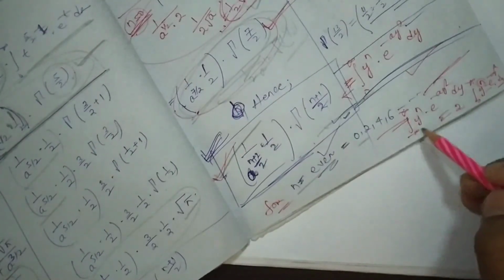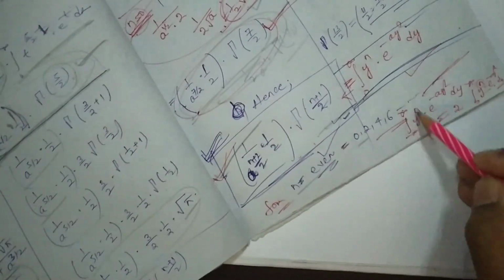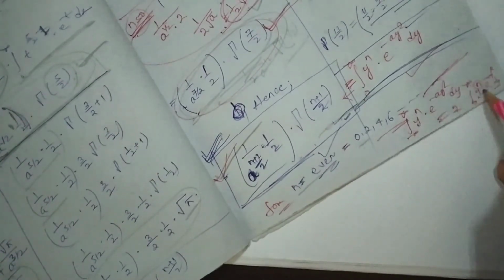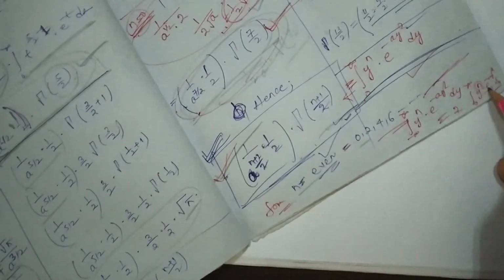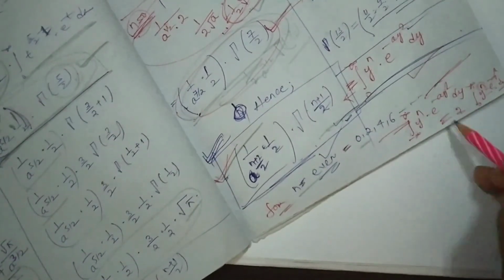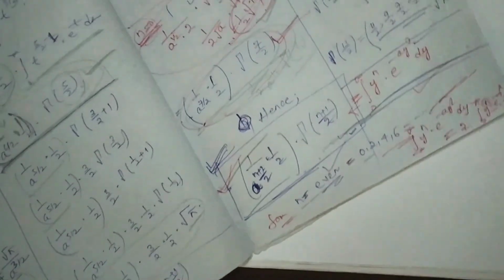You have to write this one, and then you have to write that the integral from minus infinity to infinity of y to the power n e to the minus a y square dy is equal to 2 into the integral from 0 to infinity of y to the power n e to the minus a y square dy, for n equal to even, this much. Okay, so you have to write this down